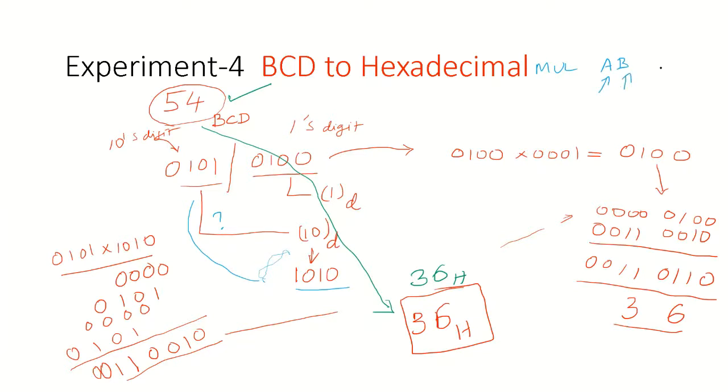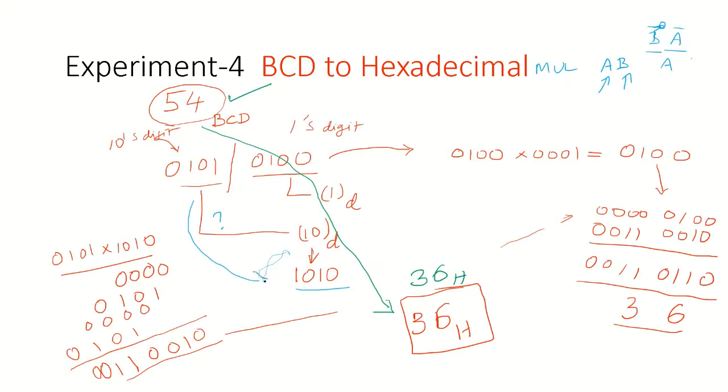When you are multiplying, A will get the result part and B will be having the carry part. The result will be stored here in A. If you have a carry, B will store the carry part. If carry is not there, then B will be equal to 0. It will be storing a 0 value. So this is the multiplication part. When you want to do this multiplication, see, this 5, you want to multiply with this 10, 1010.